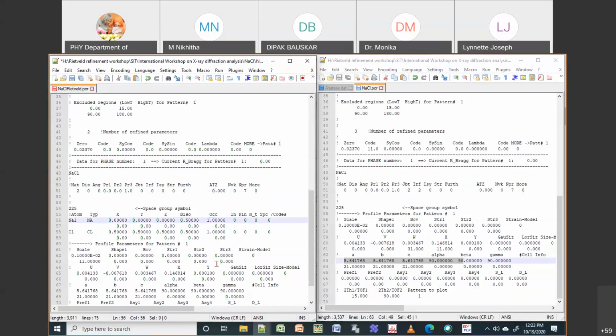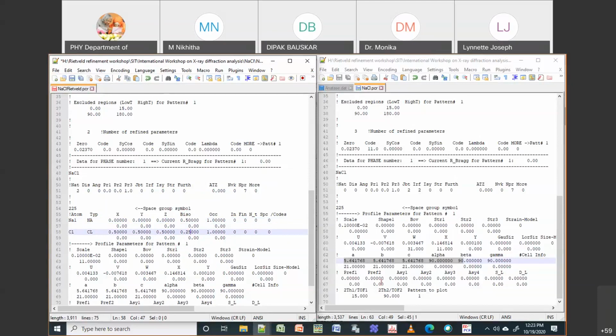So B iso is your thermal parameter. Thermal parameter means the displacement of your ions. Normally you try to give a smaller number for the heavy ions, and a larger one for your Cl or oxygen, because these will have more thermal agitation.